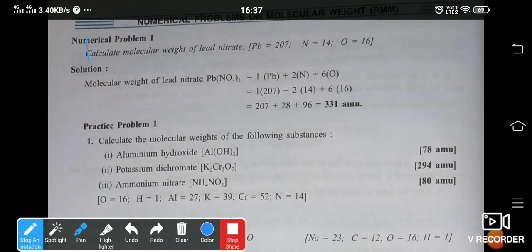Now it will become 1 into Al plus 3 into O plus 3 into H. Now I'll not give you the second step very fast because I want to see everyone substituting it. As you're copying, I'll be slow. It is written as 1 into Al plus 3 into O plus 3 into H. Start doing it. I will do it also with you, but I don't want anyone to copy.